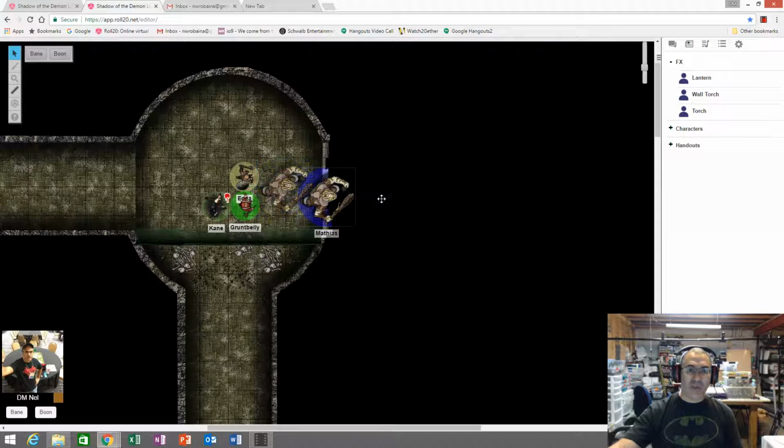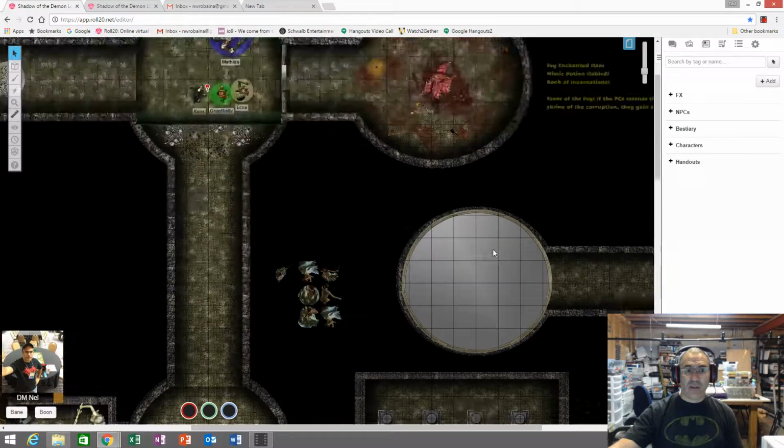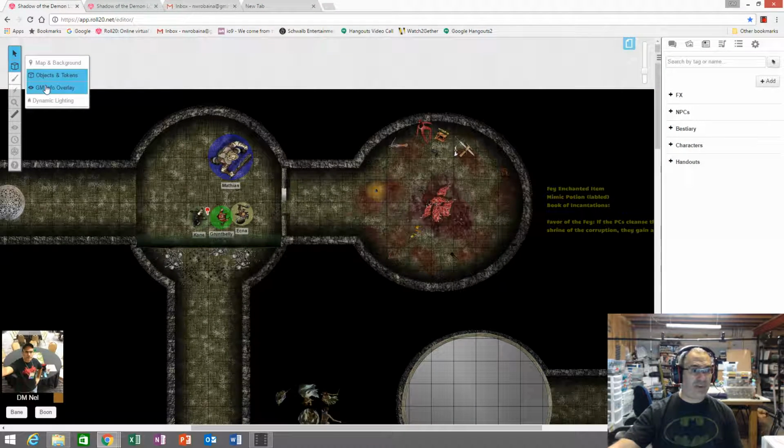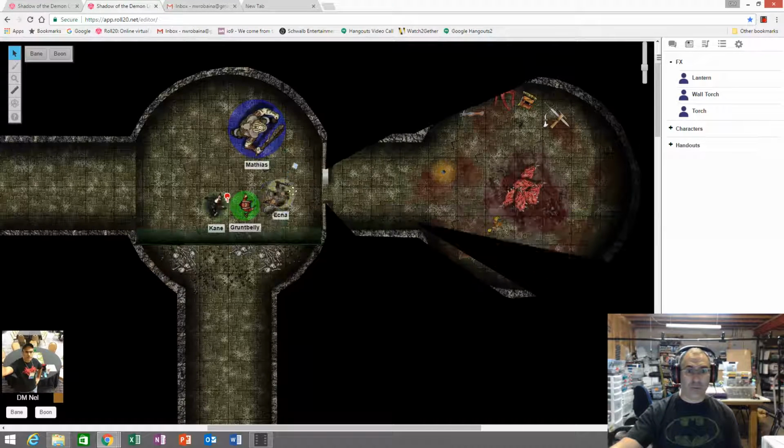So what was in here was the Bloody Bones lair, and what was left in here after the last one of them was killed is the pile of meat that they were feeding on and their latest victim, which was a person leaning up against the wall, which I'll show you here in a moment in player's view.